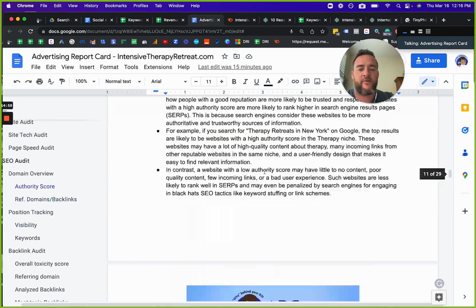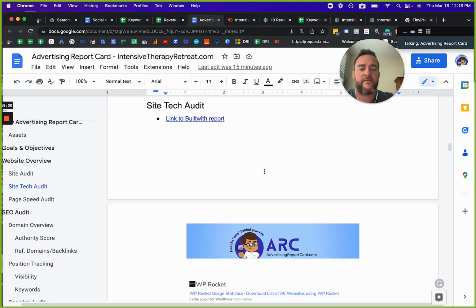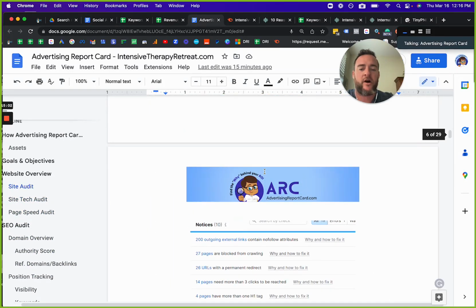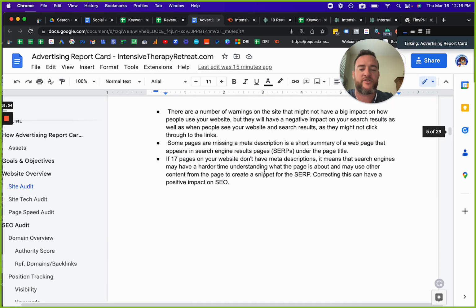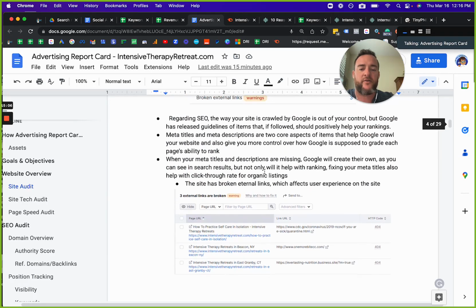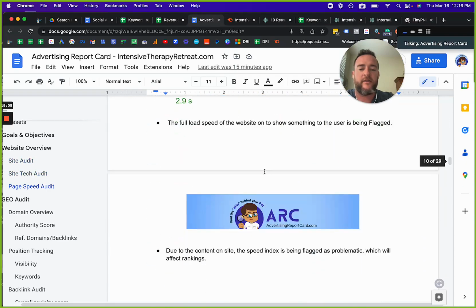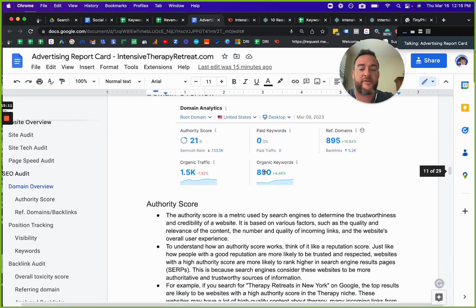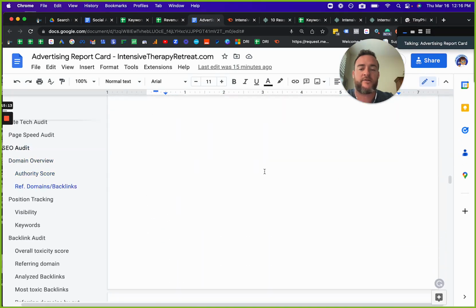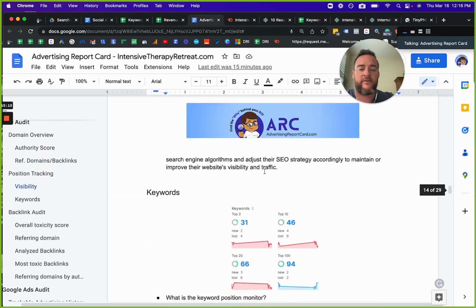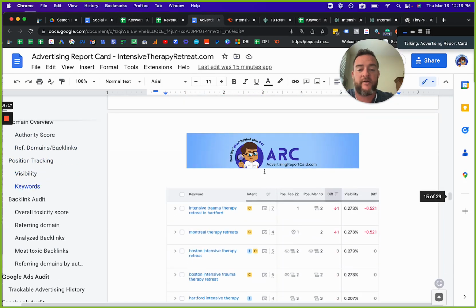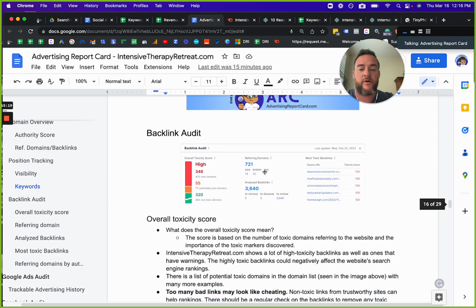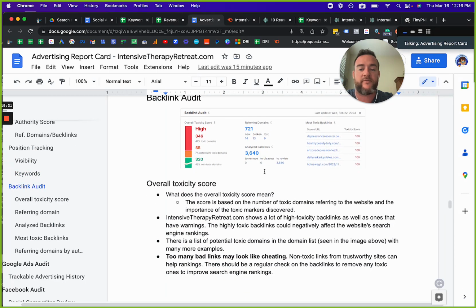The main things that are going to help your SEO are actually found in the site audit when it comes to these other items, just polishing some of these other things that you could work on. Otherwise, I would keep on doing what you're doing with the SEO strategy, and if anything, do more of it if you're trying to rank for more keywords and be position number one, because what's working is doing very well.